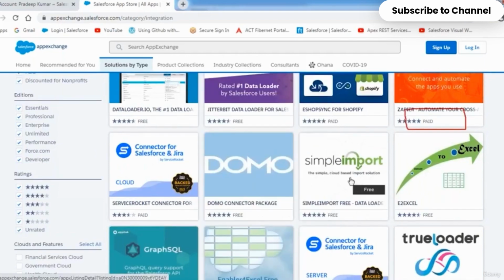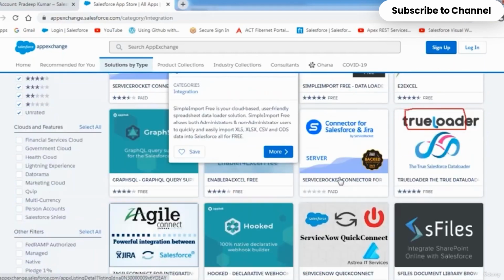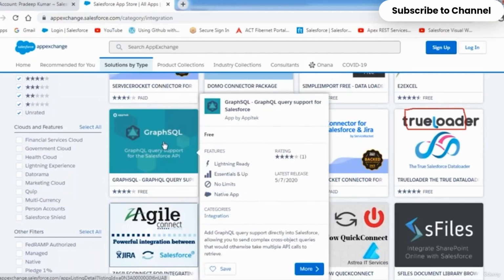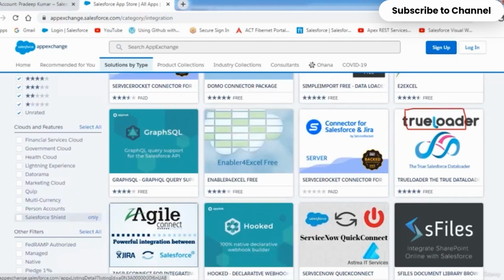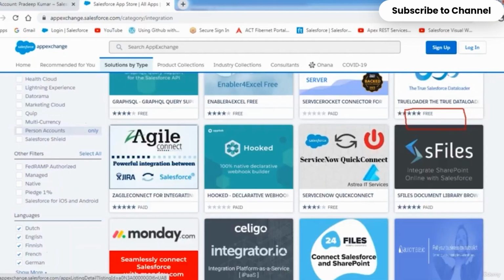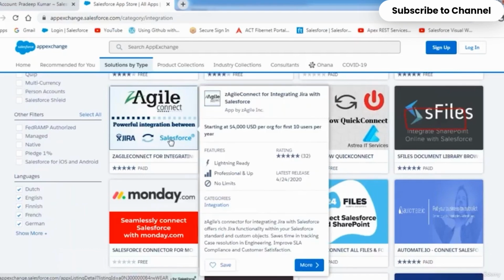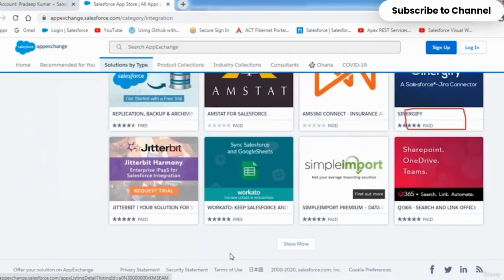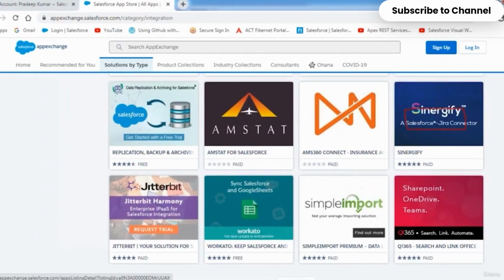And then we have Simple Import in order to import the data here. And then GraphQL, with which we can connect Salesforce with any database, execute a query, get the data, and represent it in a pictorial format. And then we have Agile Connect here. Salesforce can interact with the Jira tool here, and we can integrate. So like that, we have various integration tools available through which we can integrate your Salesforce with other